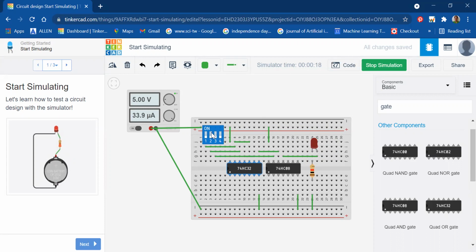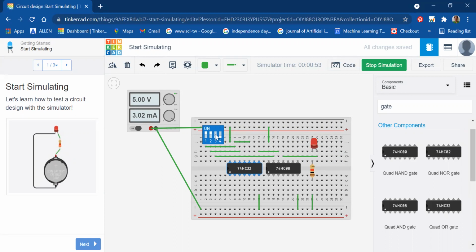Here you can see that for B as 1 and 0, the output is low. For B as 0 and C as 1, the output is 0. Only when B and C both are high, I am going to get a high as the output. Now what if I make both as low and A as 1? Here you can see that it is again high. And this is what we saw in our truth table, that whatever is the combination of B and C, if A is high, the output is going to be high.